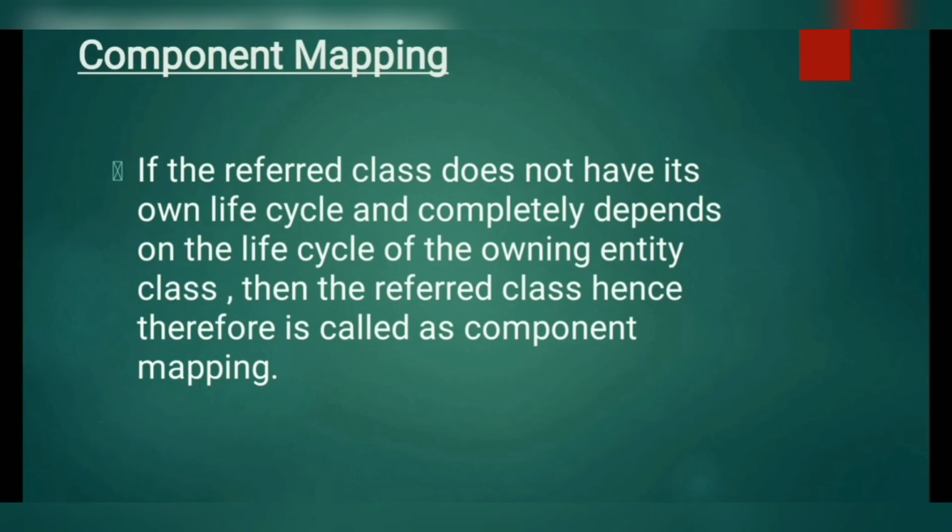Next is your component mapping. So what is this component mapping? Here the word component means part of any whole system. For example, you take school. School is the whole system and classroom is a component of that school, because classroom is a part of that school. If the school is getting destroyed, automatically the classroom will also get destroyed. I'll give you another example. Door is a part of a room. So door is your component and room is your whole system. If the room is getting destroyed, then definitely the door will also get destroyed.